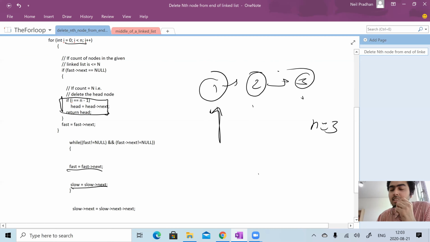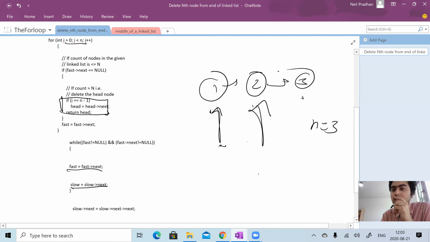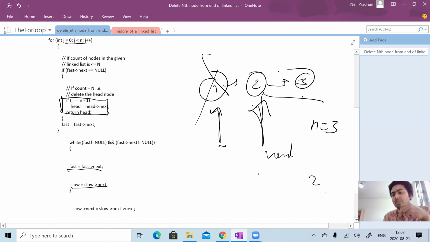So the easiest way, one way to do it, is to just let your head point to the next, so head becomes head dot next. That's exactly what we do here, right? Head equal to head dot next. If our head becomes head dot next, then this will not be considered while publishing. Only publish 2 and 3. So in this case, what happens?